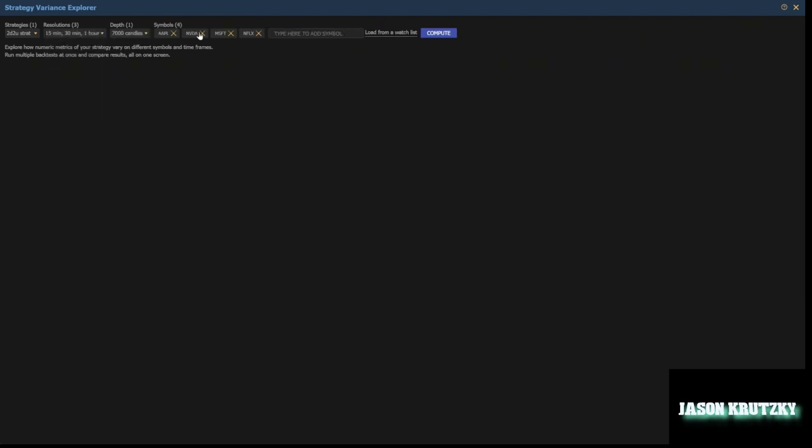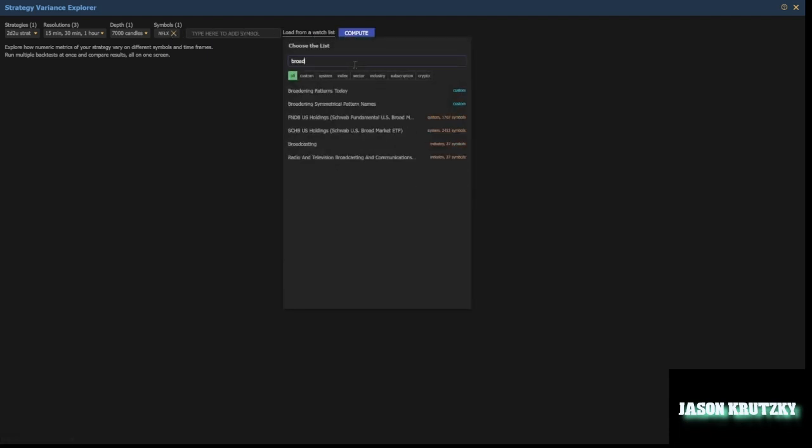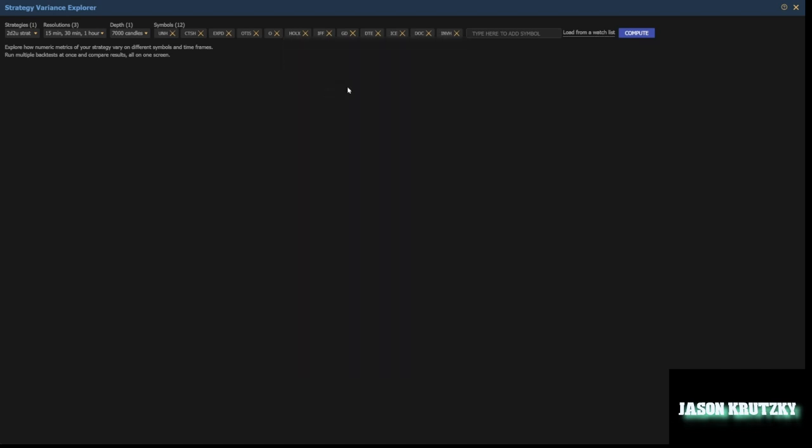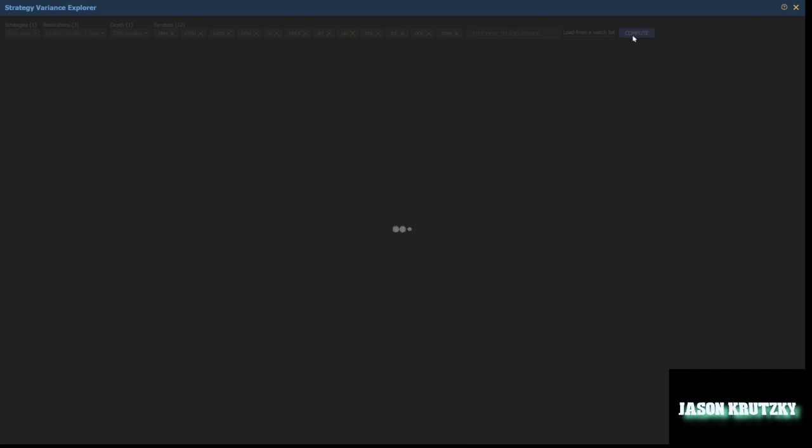And then I'm going to remove all of the symbols that are in there right now. I'm just going to go to load from watch list and type in broadening again, and grab that broadening patterns today. Remember, I said once you create a watch list, you can utilize it across the platform, so there's another way that you can utilize it. This just brought in all 12 of the names that currently have that broadening pattern right now. So I can test them on that strategy on these three time frames, and say compute,